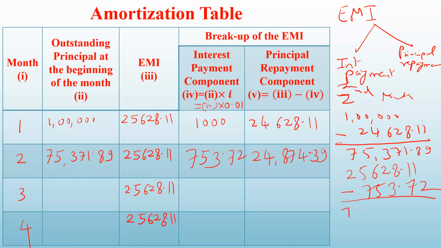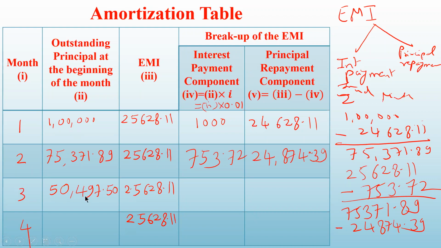That means 75,371.89 minus 24,874.39. That will give you 50,497.50. So outstanding principal at the beginning of the third month will be